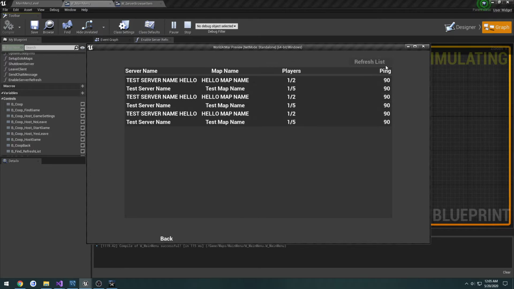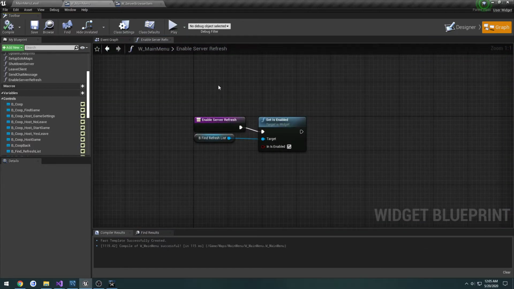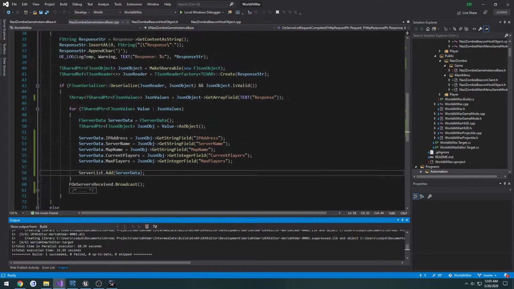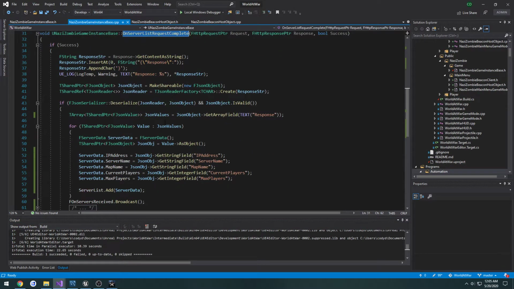Like so. And it's going to continually add more and more. So now it should quadruple. And it's just going to keep adding more and more. The scale is going to increase with how many it adds. So what we need to do in our widget, when we on server list request complete, what I'm going to do